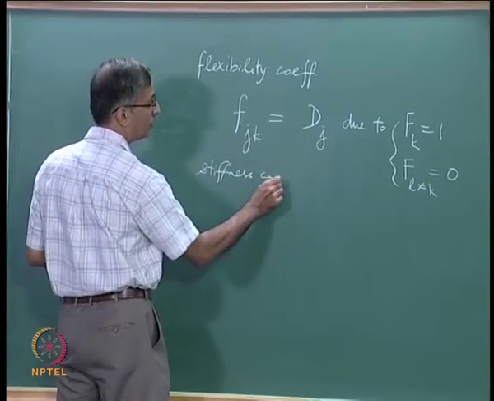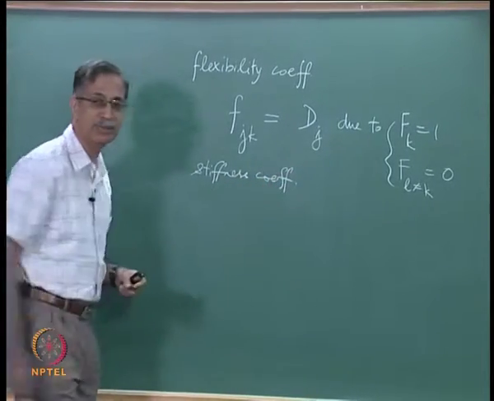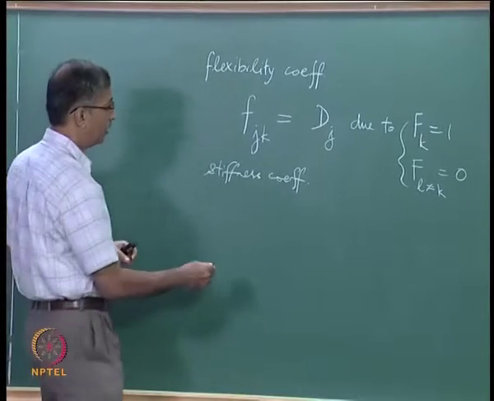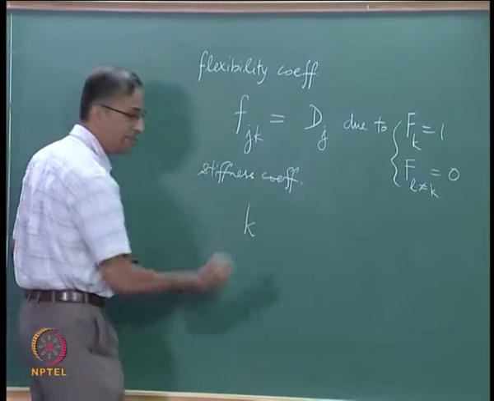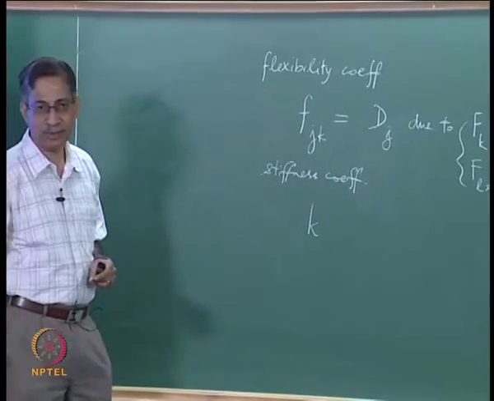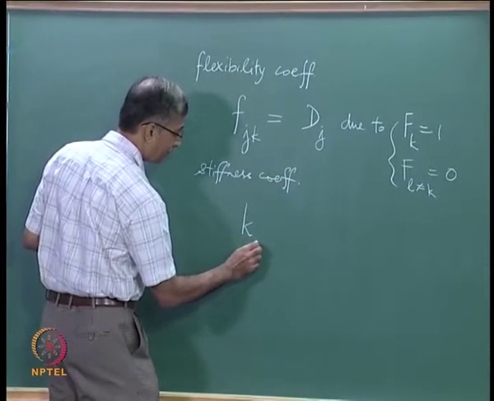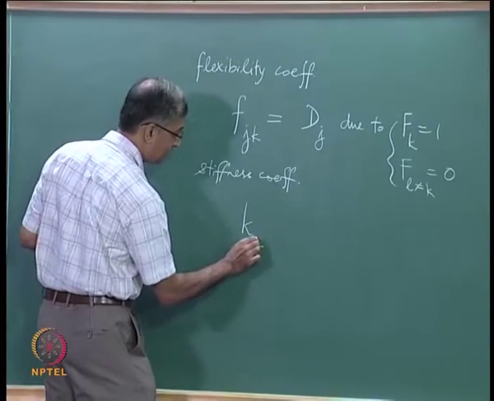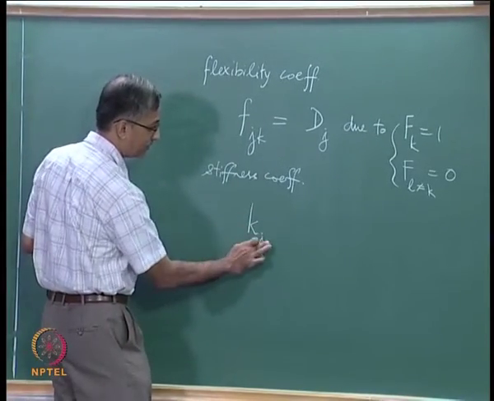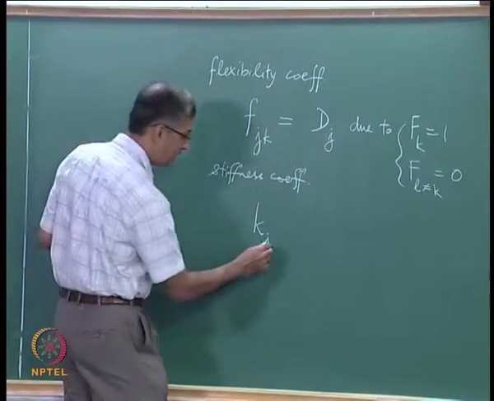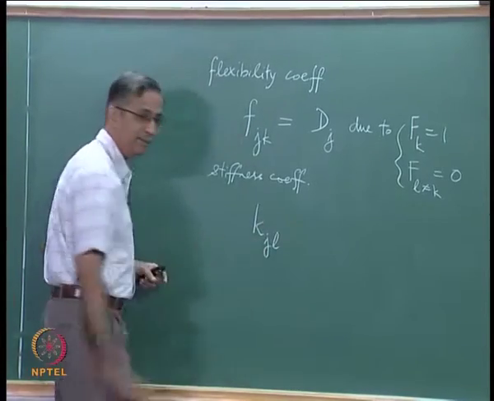We will be coming to this again and again, so might as well look at it now. We use the symbol K to refer to the stiffness coefficient, and let me take J, but I will avoid K because there is a duplication of those units. So I will say JL, let us say, okay.